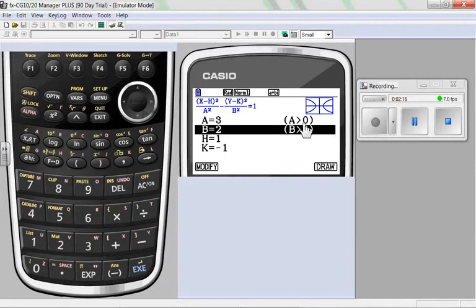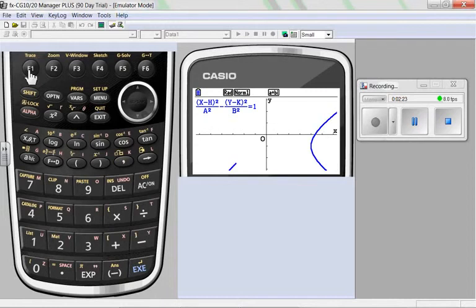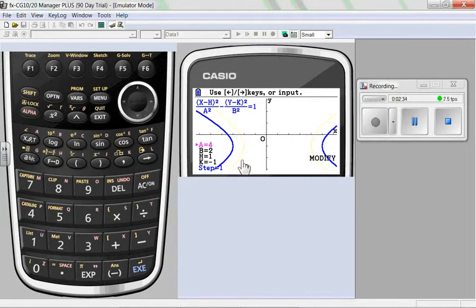It also gives me some constraints. A has to be bigger than 0, B has to be bigger than 0. H and K don't have any. I have the modify, so I'm going to go ahead and modify. If you remember from earlier, the modify allows me to use the left and right arrow keys to increase a value. Notice there's a slight yellow that has a previous, so what happened as I increased A? It moved further out. Let's do it again.